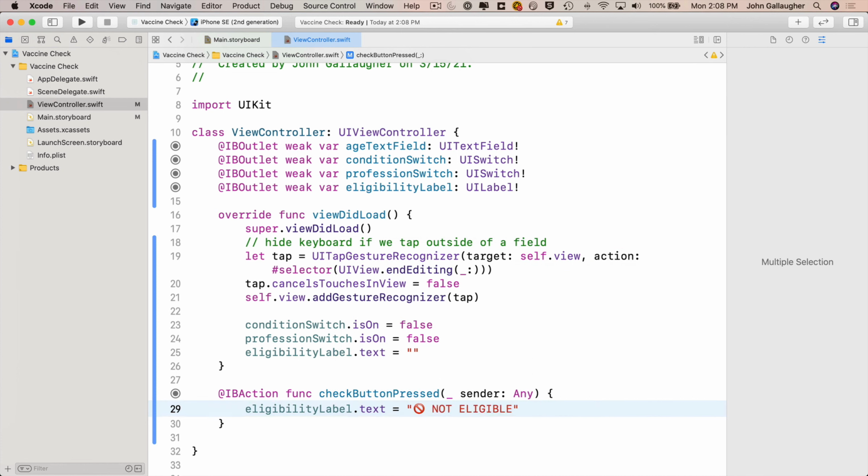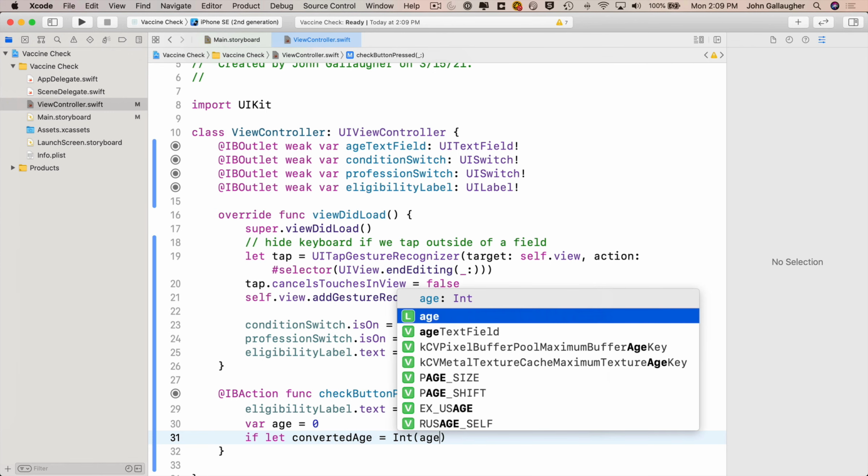And now just below this, remember I'd said that we want to convert what is in the ageTextField.text into an integer. And if it's not an integer, well, then we should set the age to 0. So we're actually going to start off setting the age to 0. We'll say var age = 0. And then underneath, we're going to convert the text property of the ageTextField into an integer. And remember, that might not work, and if it doesn't work, we're going to get a nil. So one of the best things for us to use here is if let. We can say if let convertedAge = Int(ageTextField.text